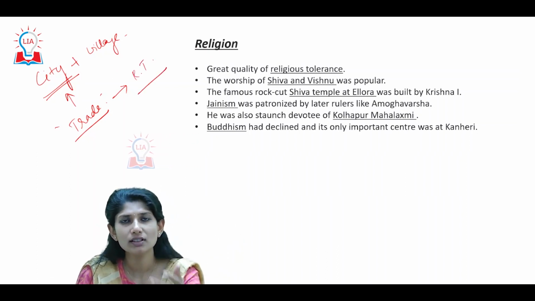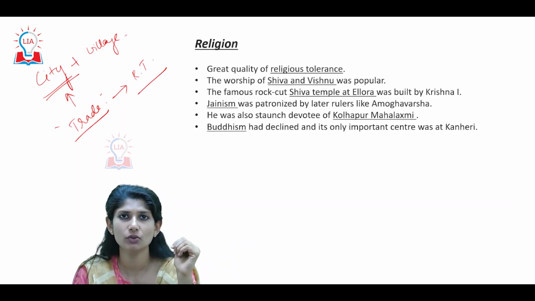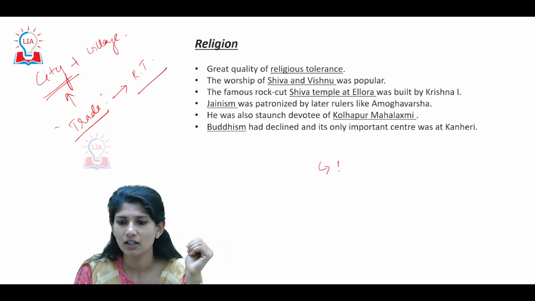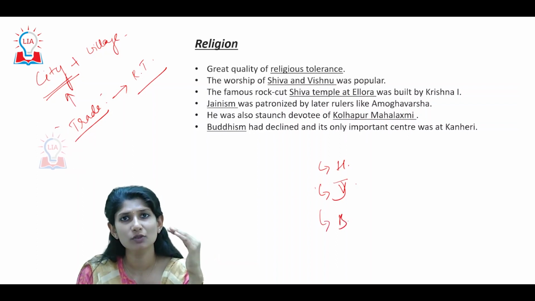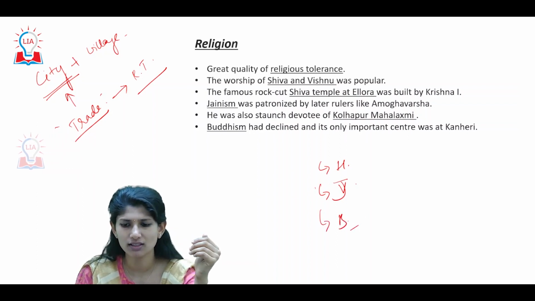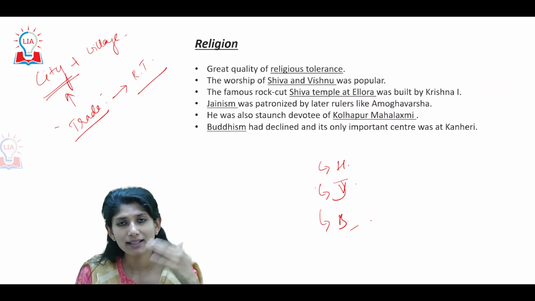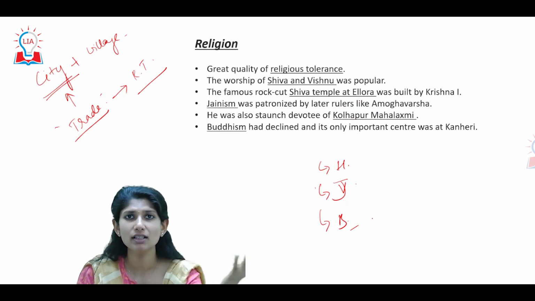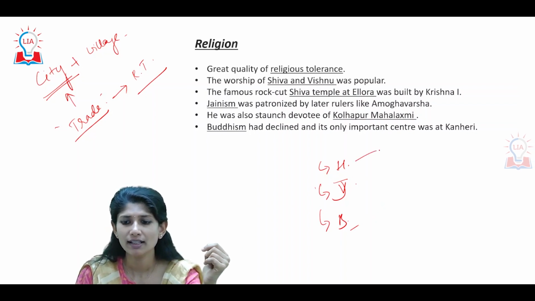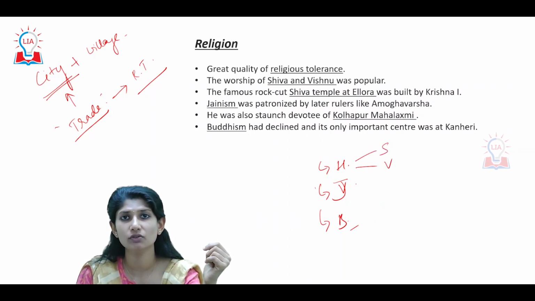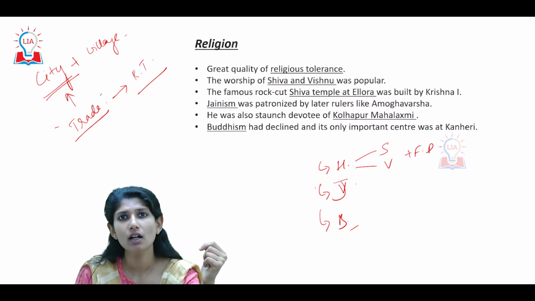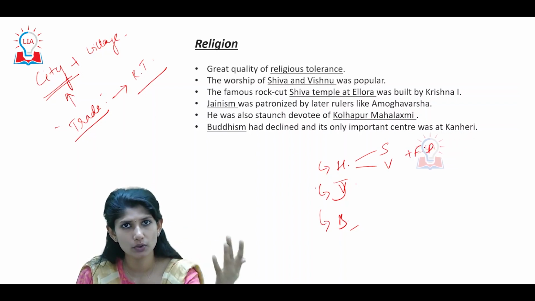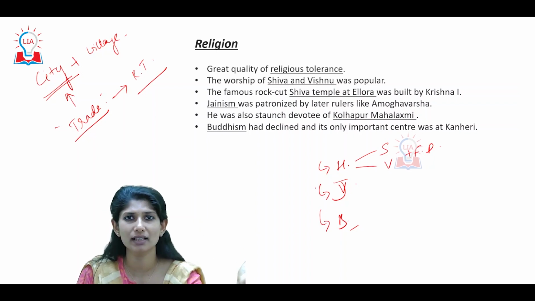So what was the religion during the period of the Rashtrakutas? That is Hinduism, Jainism, Buddhism. All three flourished and were patronized. Buddhism was seen in decline in this phase, but it did get patronage from the Rashtrakutan kings. In Hinduism, Shaivism and Vaishnavism were flourishing very well, along with the female deity playing a major role. That is, the female deity was also worshipped, but the predominance still lay with the male deity.